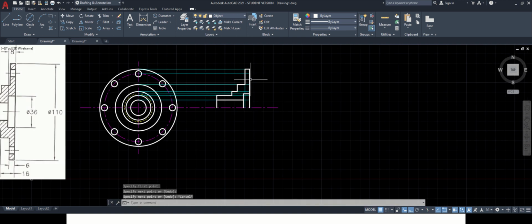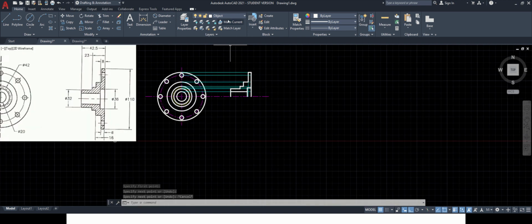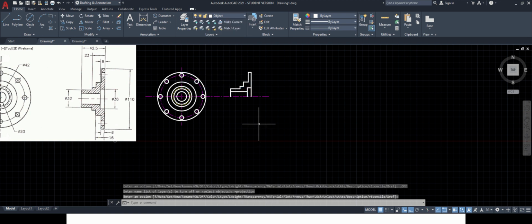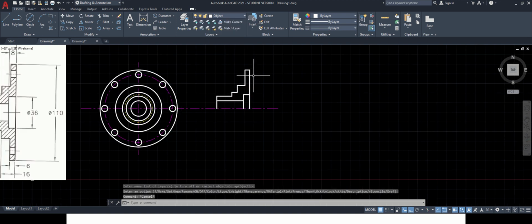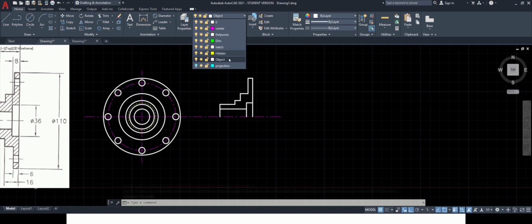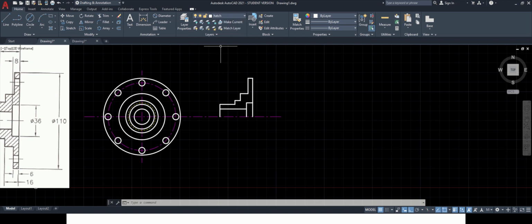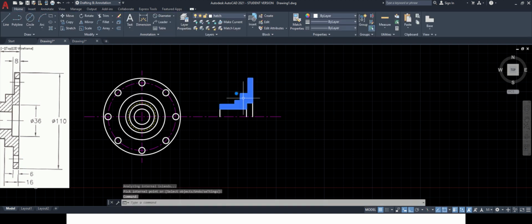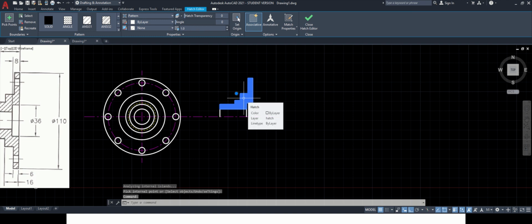So now we are done with the use of projection line. So what I can do is I can just switch off the layer of projection. Now in this region we are supposed to do the hatching. So for that I will switch on the hatch layer. I will go to hatch command, select pick point and say enter. Now this hatch is dark in nature, so I will select this. I will select the desired hatch type, that is